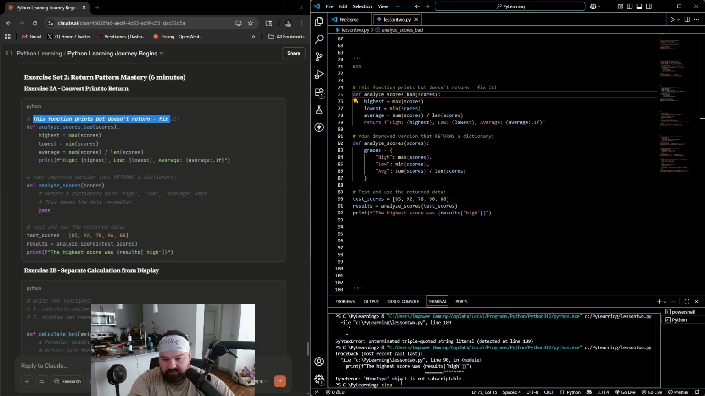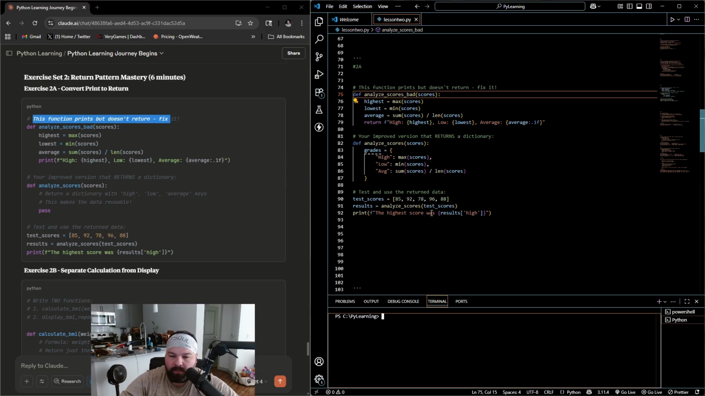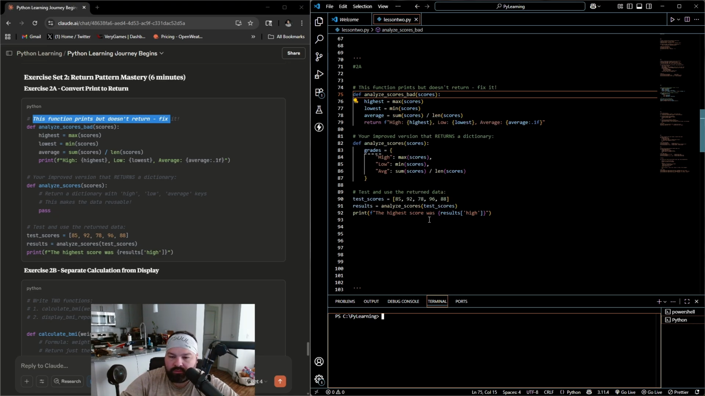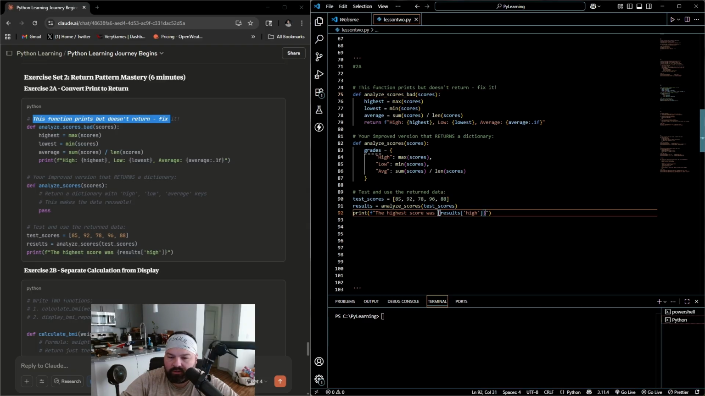Let's go ahead and clear that. Test scores. Print f, the highest score was results. So we're calling the variable results here. So what this is doing, my confusion is results are here, which is going to return either this